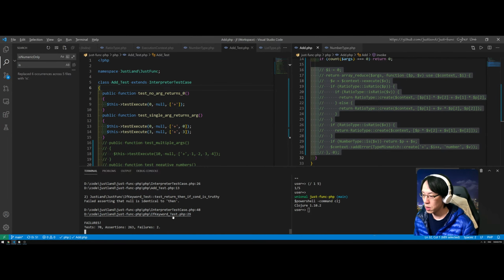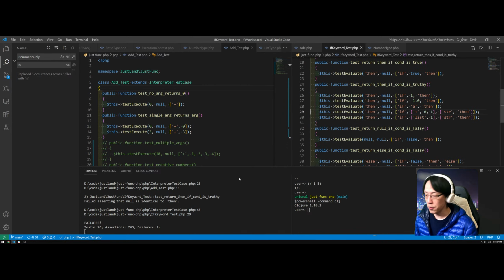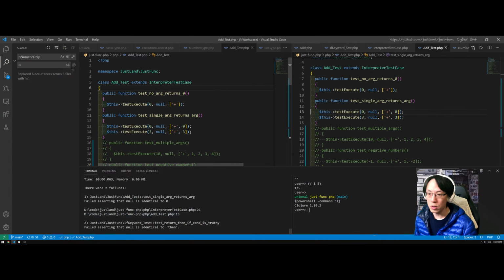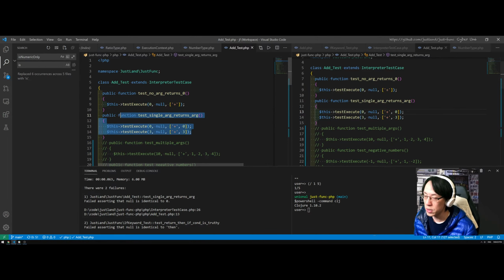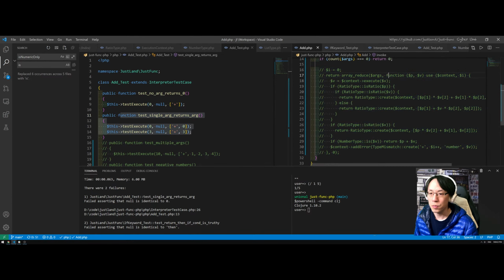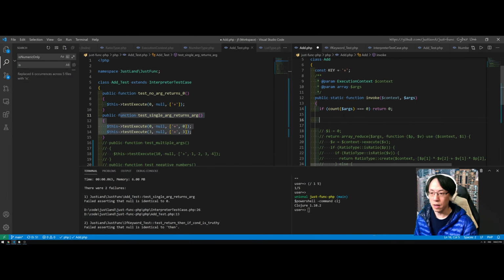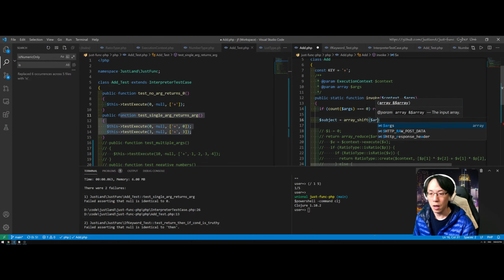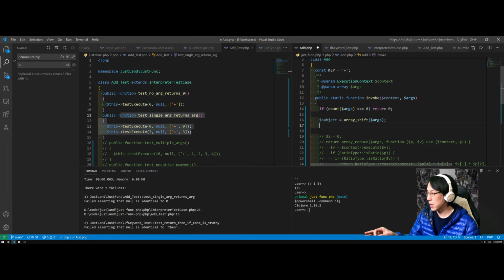If keyword, oh, because I was doing an add over here. Okay, that's fine. This one now is the second one, so we're good, right? The first test pass right now is here with 1 value. When the count is not 0, then we can get the subject, which will be equal to array shift arguments. So we get the first argument out,